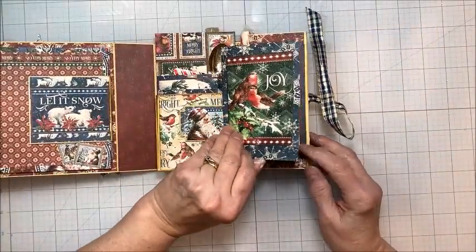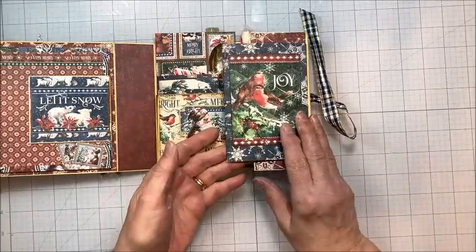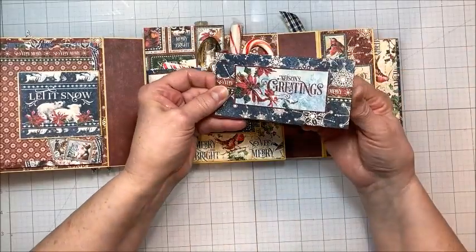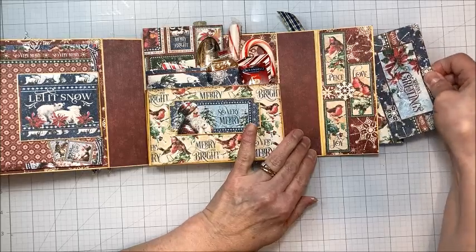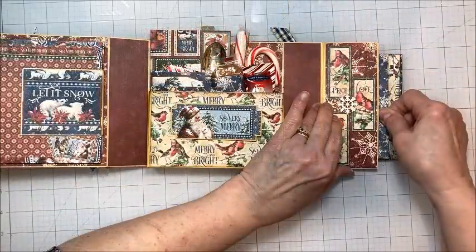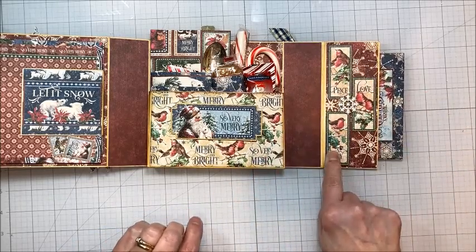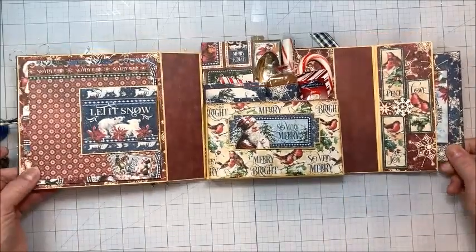Here's a cute little flap element. So you could put a little photo or some journaling in here. This flips out. We've got a little pocket with a tiny little greeting in here. You could journal in there with a gel pen, and that would be super sweet. I've arranged some cute little images from the paper collection on this flap, and then here's the tea party in